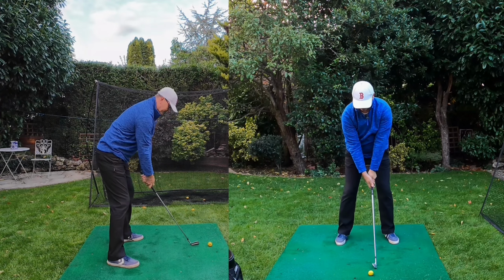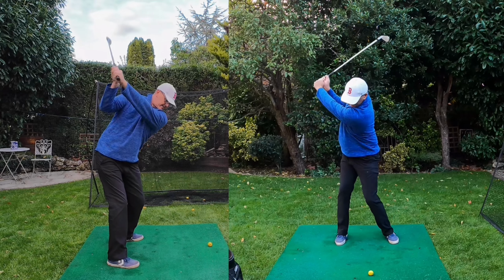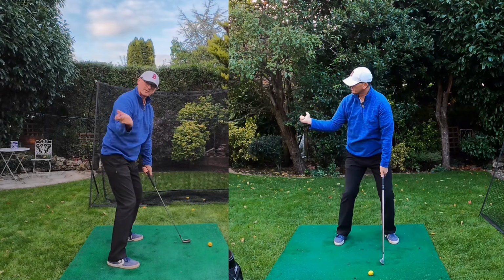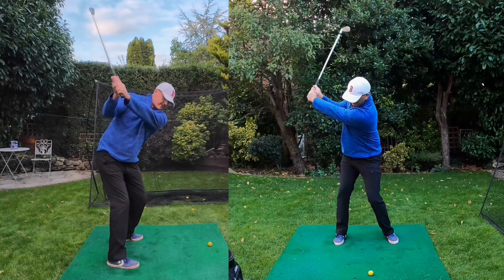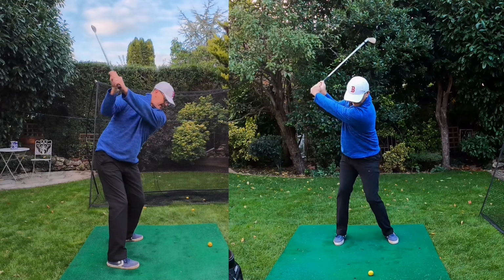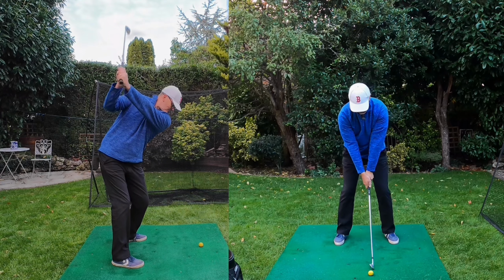Why you have a nice light grip is it allows the club to feel heavy and it gives it somewhere to go. So I can feel my wrists, and that's what you're looking for if you want to encourage this club to drop and create a little bit more lag as well. You're looking for this club to go and your wrist to go this way. See what's happening? So obviously it's not going to happen as much as that when you hit a normal shot. I'll put another slow-mo on, but you're really exaggerating,